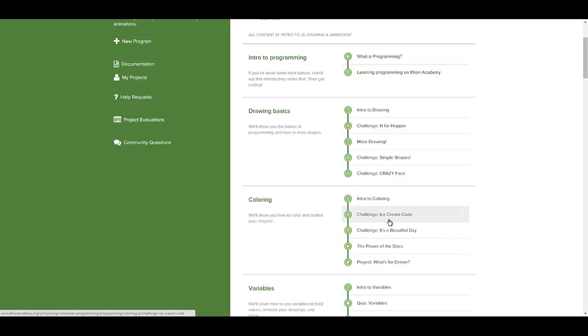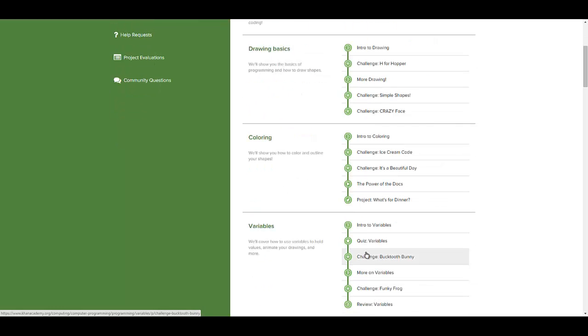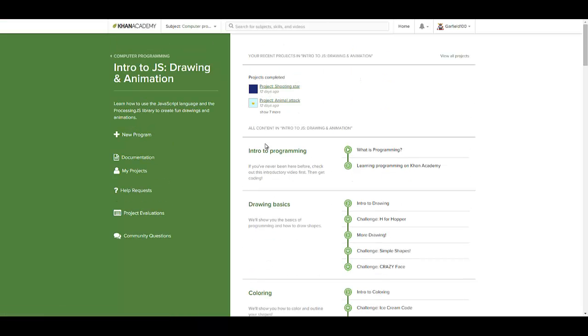Now a challenge, you program stuff, and the site itself can check if you've done it right. But a project is something slightly bigger. A project requires actual human evaluation. So basically, you do the project, you program it after what it says on the site. It gets sent for evaluation to anyone actually. I could evaluate a project right now. Let me do that actually.